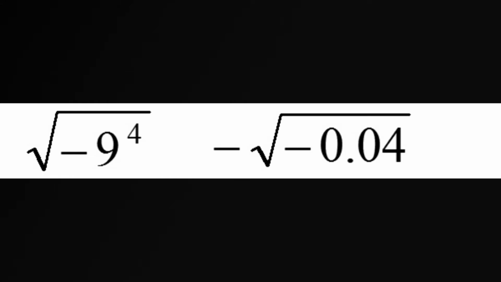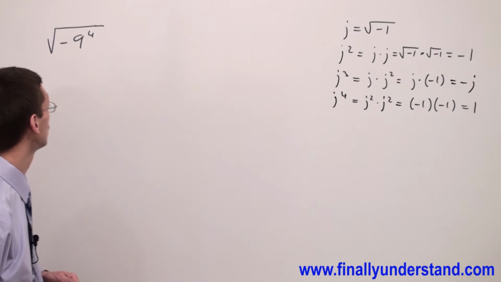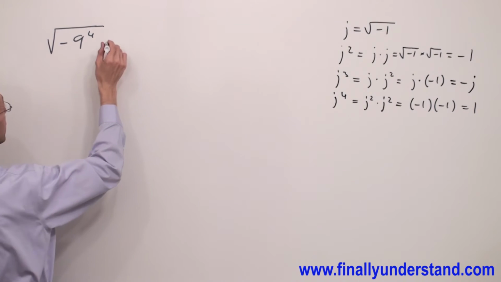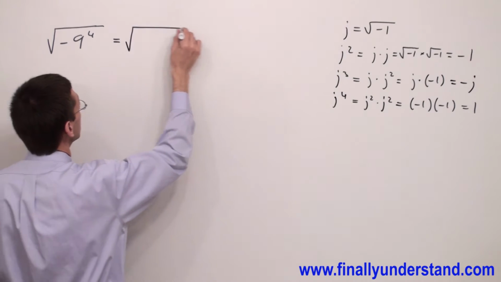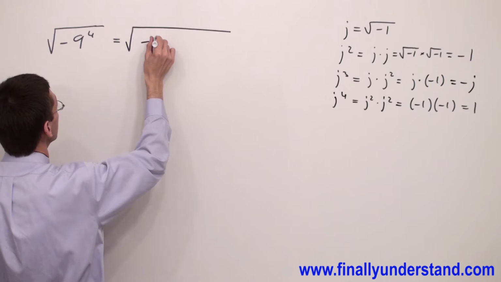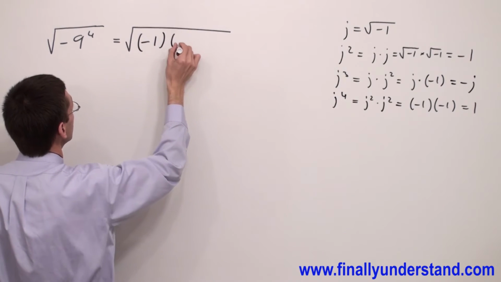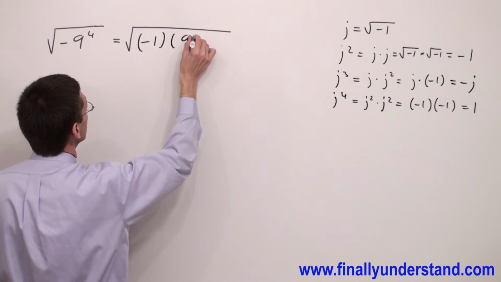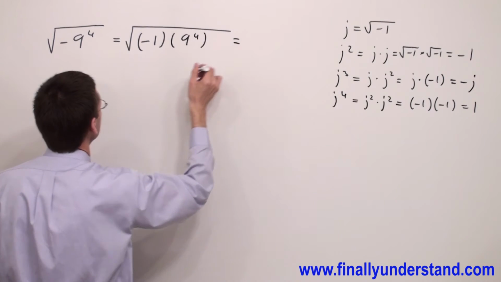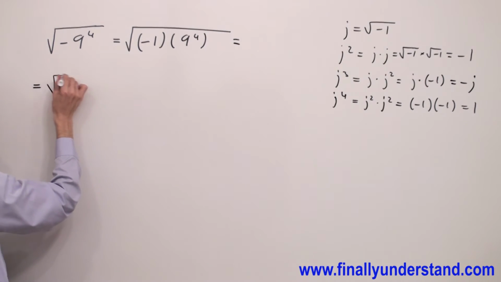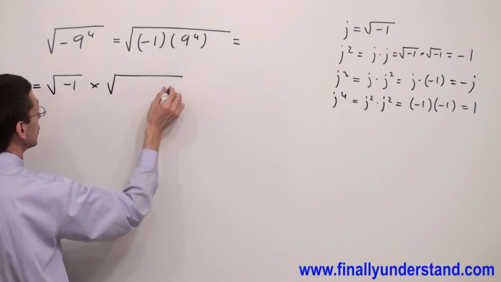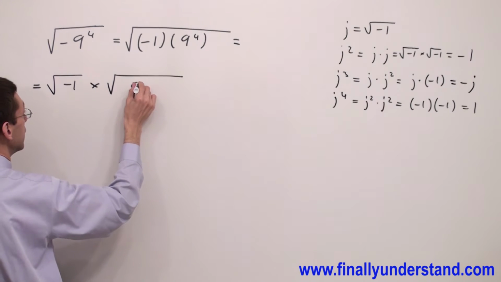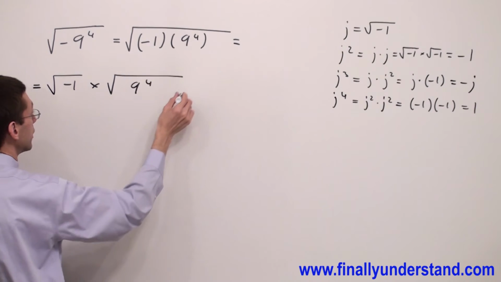Let's take a look at this example. This time we're supposed to find the square root of negative 9 raised to power 4. Again, what we're supposed to do is rewrite the radicand as negative 1 times 9 to the 4, which equals the square root of negative 1 times the square root of 9 to the 4, which is equal